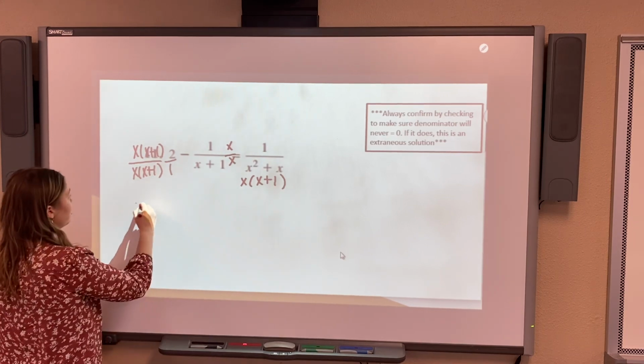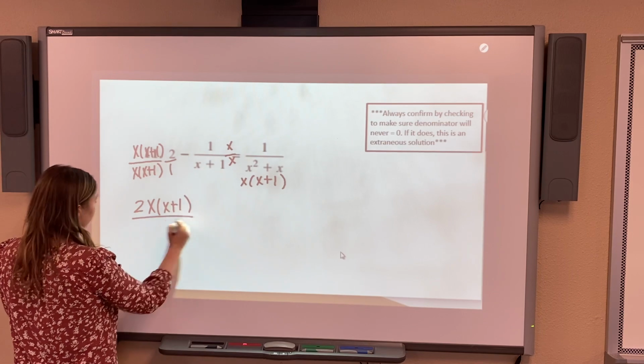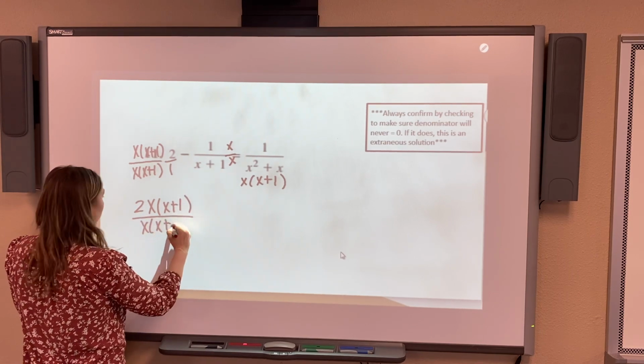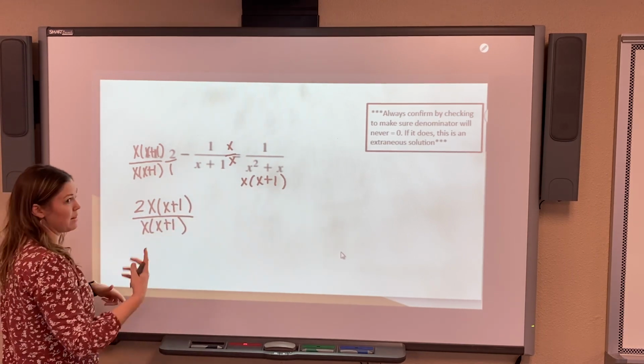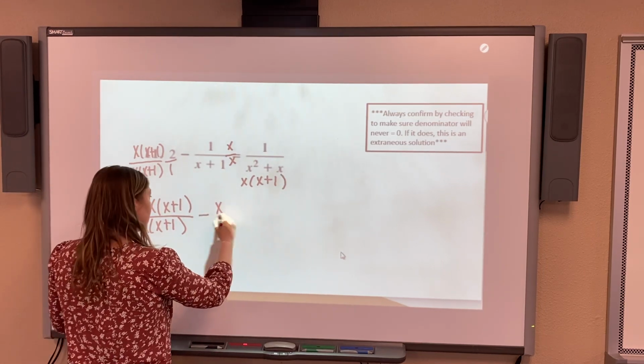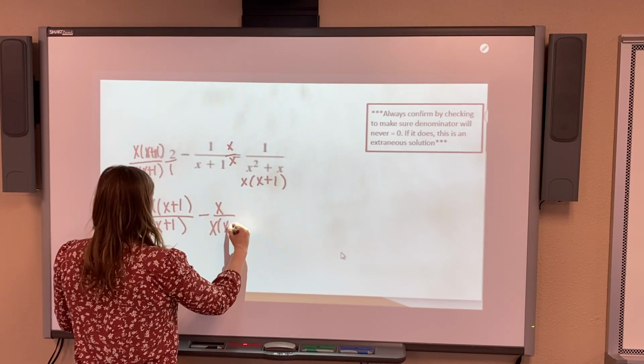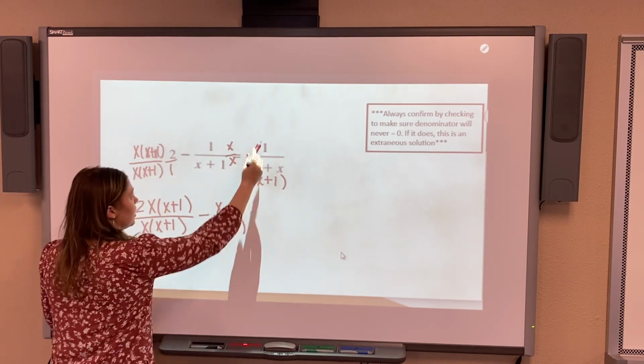And so by doing that, we will have the 2x times x plus 1 over x times x plus 1. You don't have to do this step, but I'm showing you why mathematically it works. Minus, and then we have an x times 1, times x is just the x, over x times x plus 1, and then that equals